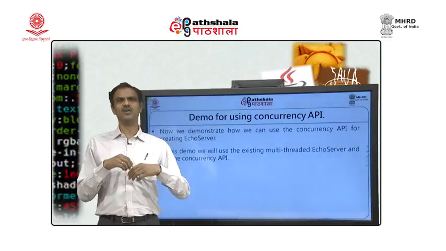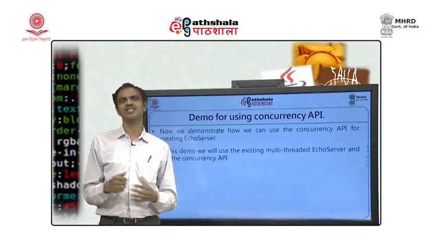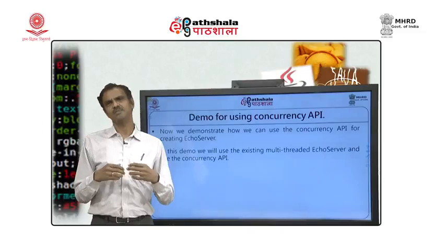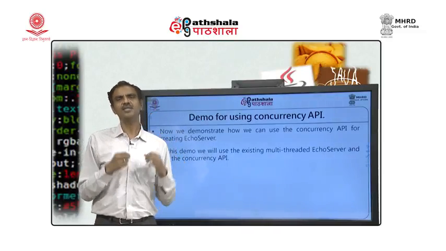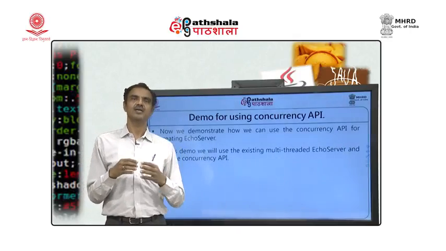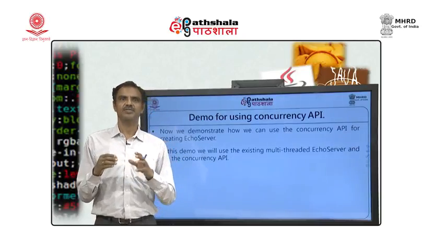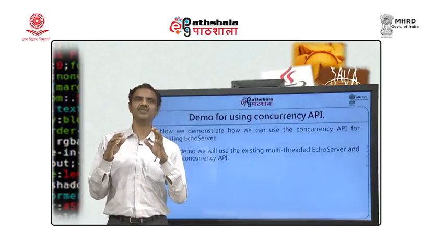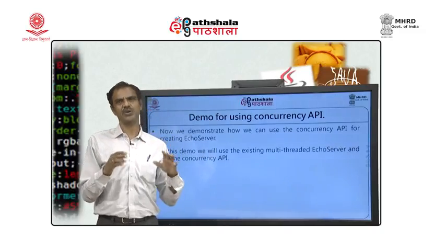If there is a lot of traffic, a lot of connections coming in simultaneously, your system can go down. Here, using the new API, we will be using the executor service, which will use a fixed thread pool, where we can control how many threads we can have in parallel, and that is what we are going to demonstrate here.